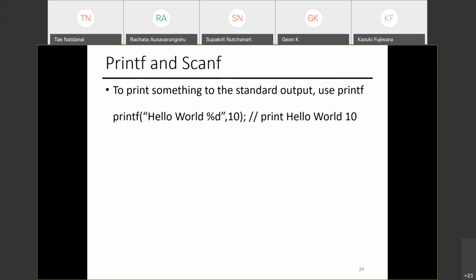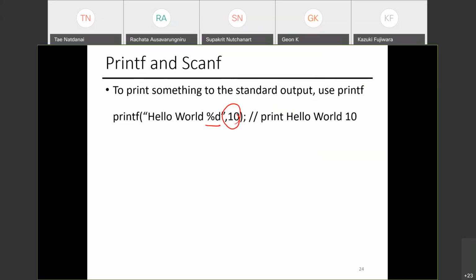D stands for decimal. %s is for a string. %c is a character. %x is a hexadecimal number. It looks at the next input of my printf function. For example, here it would print hello world 10.